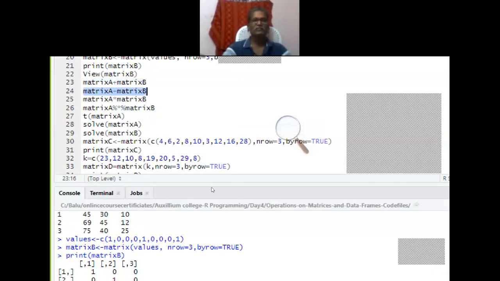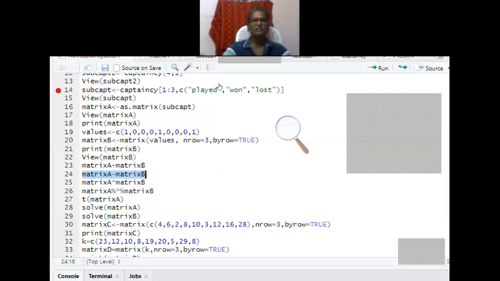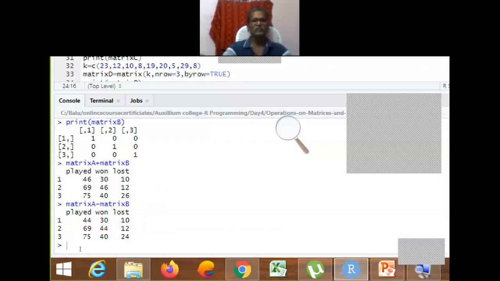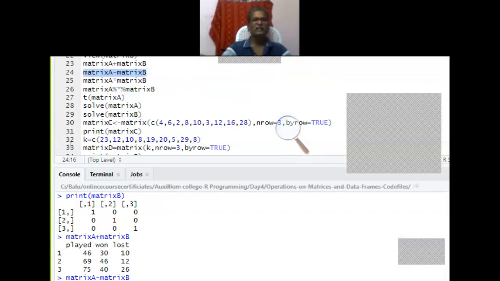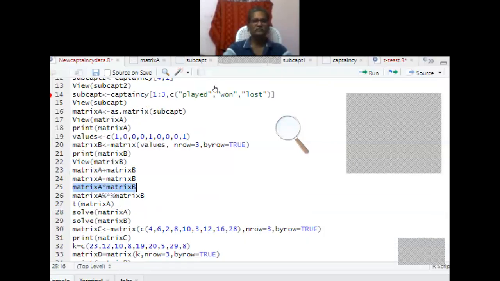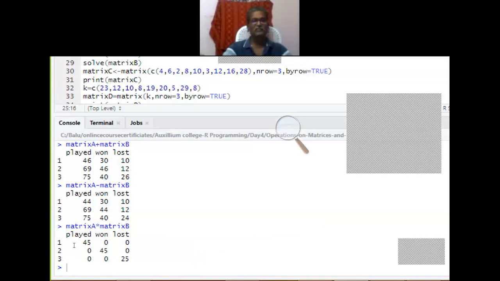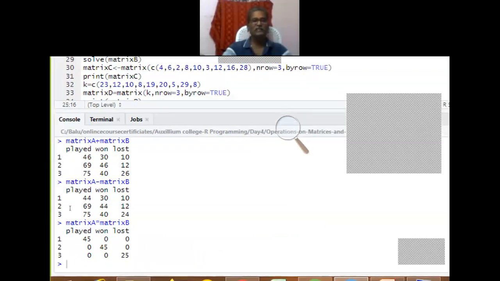Next, suppose I want to subtract two matrices, just give matrix A minus matrix B. So subtraction is possible. And if I give matrix A star matrix B, the two matrices get multiplied. But this is not the right way of matrix multiplication. The first element of matrix A is multiplied with the first element of matrix B, then the second element, third element. Avoid this.